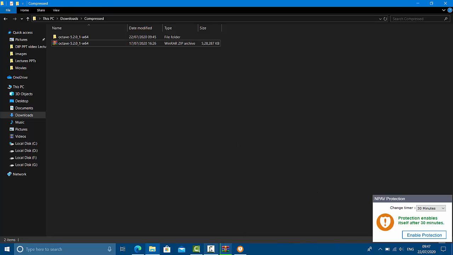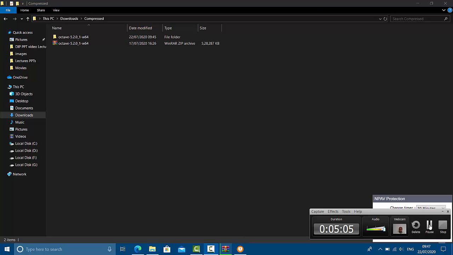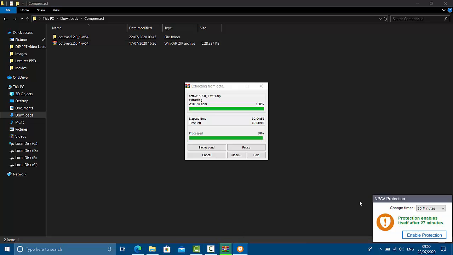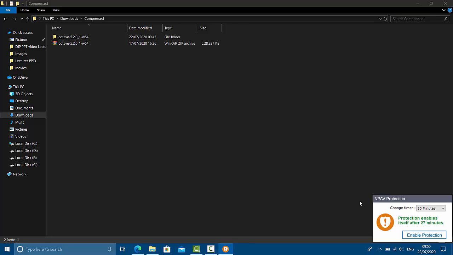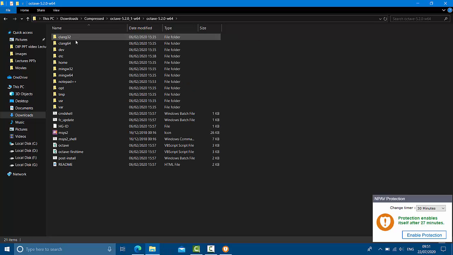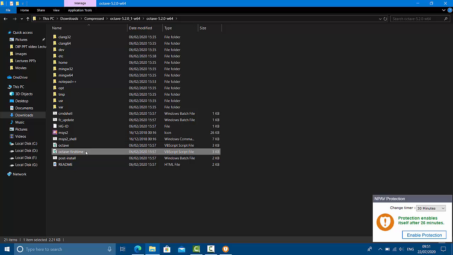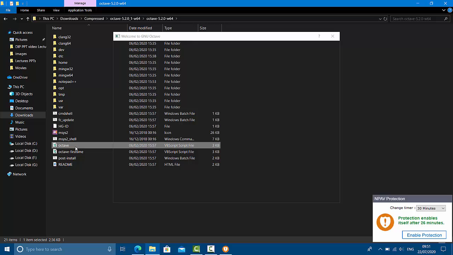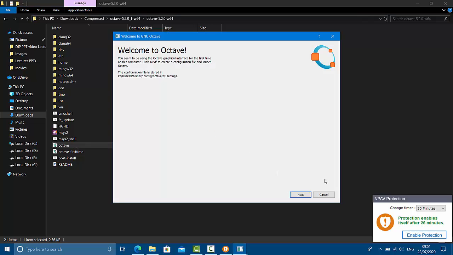so right now it has been stopped. Fine. Okay, why have we disabled it? Because again it may delete the .exe file. Okay, so I have finished extracting the zip file. Okay, so let us go inside this folder. So likewise, this is your Octave. Fine. So right now we are installing Octave.